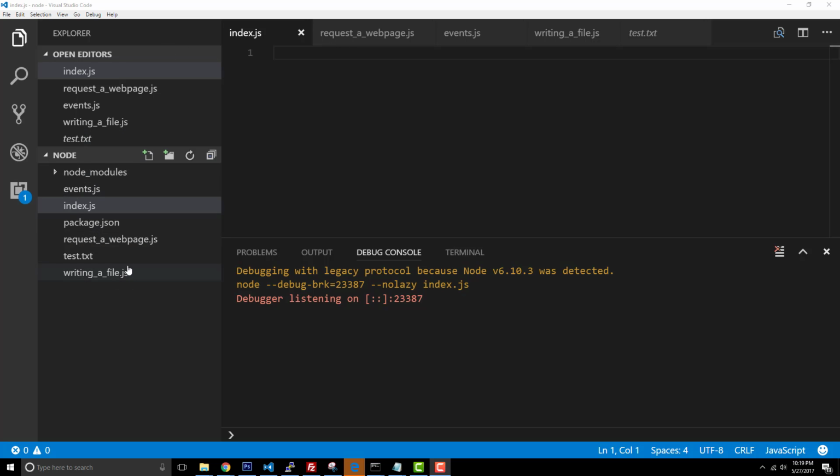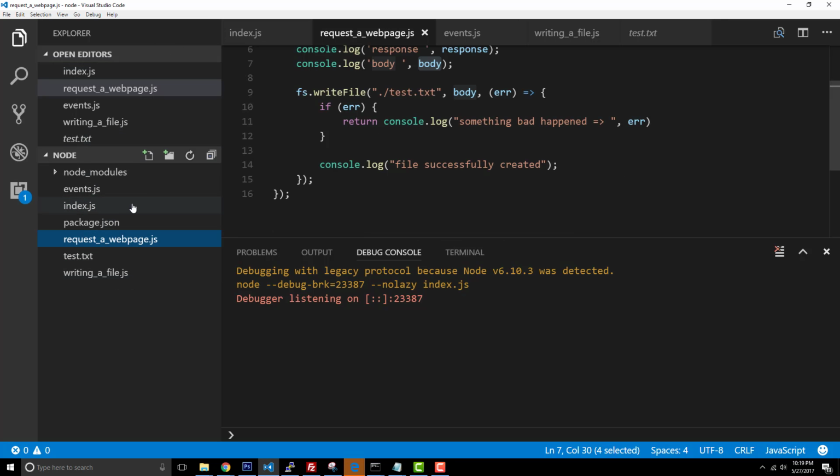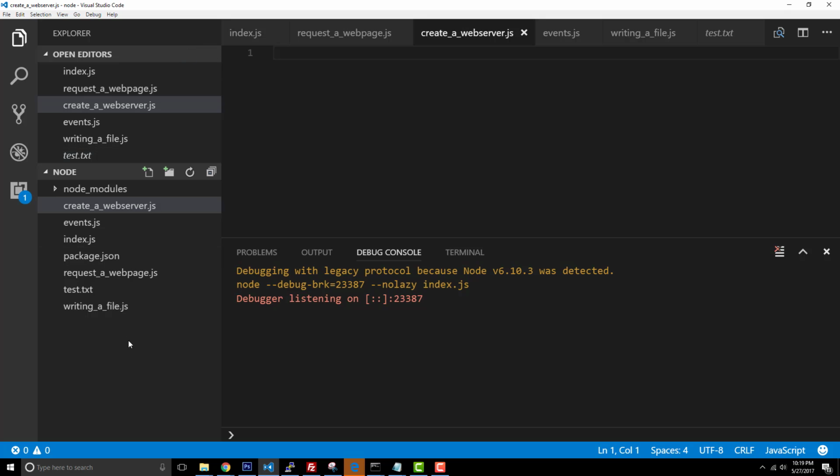Alright guys, so now I want to show you how to create an actual basic rudimentary web server in Node.js. So let's go ahead and create a file here which we're going to call create a web server.js, and then inside of here we're going to make use of some of the stuff that